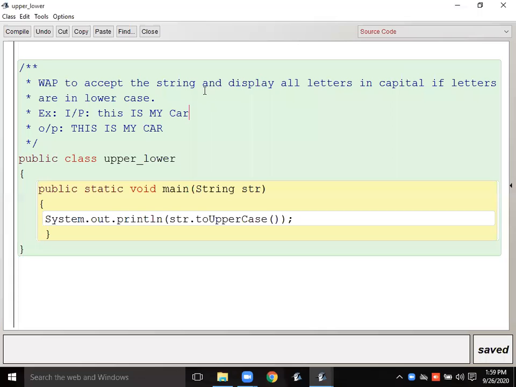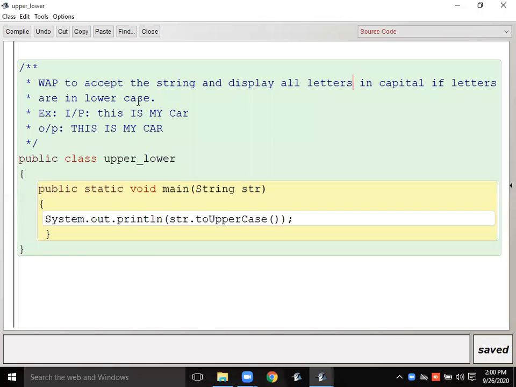Even more clearly, if we write this question: write a program to accept the string and display all the letters in capital in separate line. So what you can do, like the last program. In the last program what we were doing, we were converting the string into the capital, then we were fetching the string.